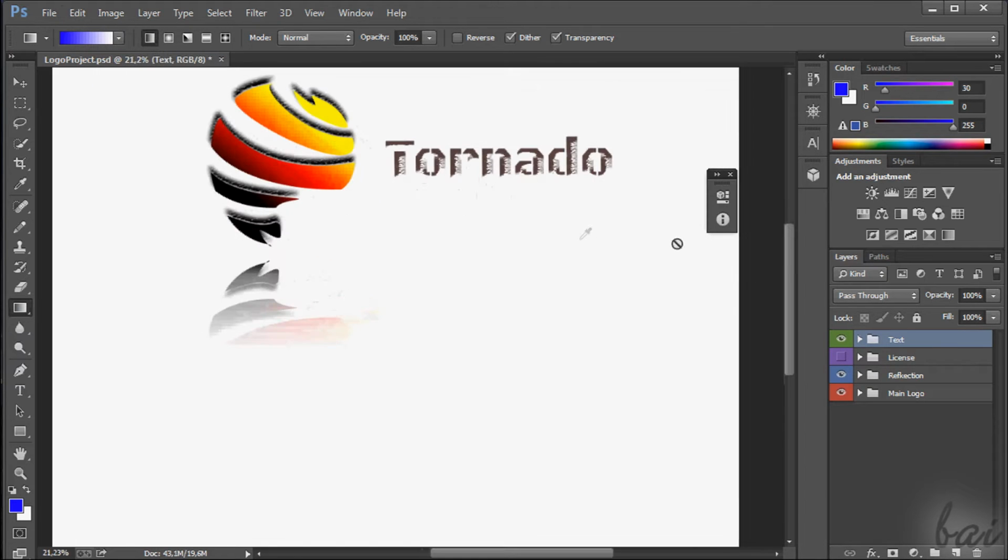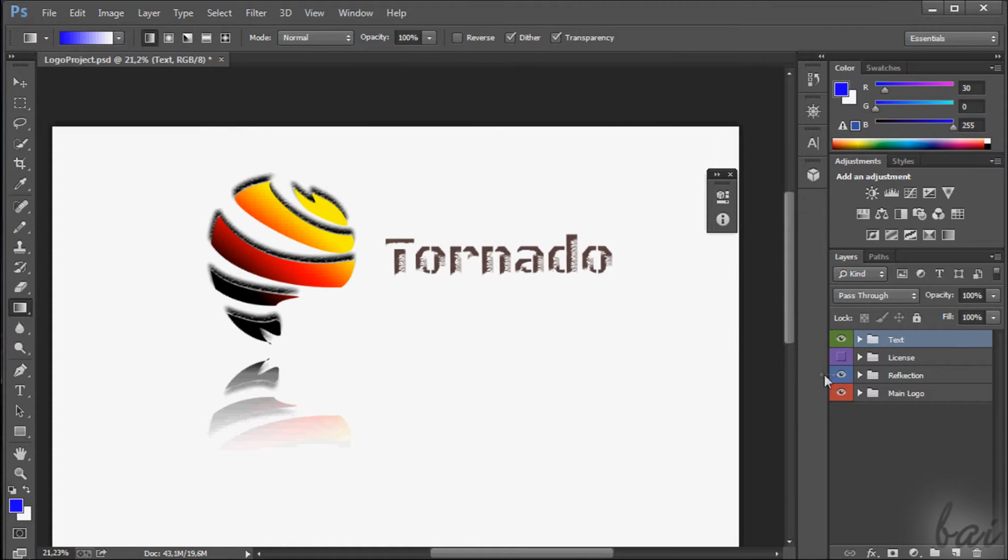Mind that usually logos are on white backgrounds and are made as simple as possible. The simpler the logo, the easier it can be remembered, and this is important to be known by people.